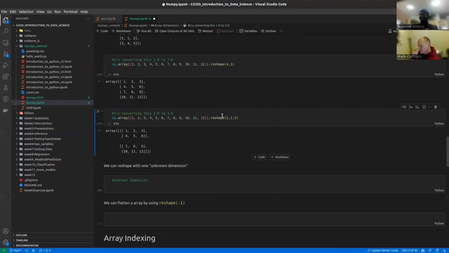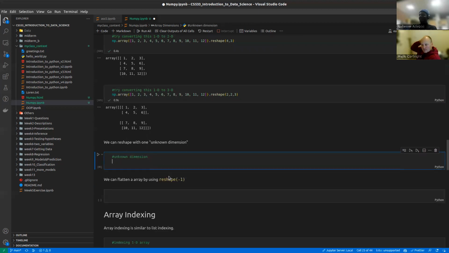So this is a 3-dimension array, that's right? Interesting. Okay, I can see it getting complicated quickly. Yeah, so we can reshape